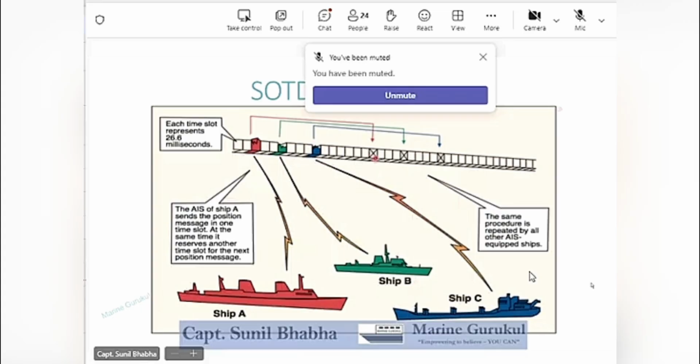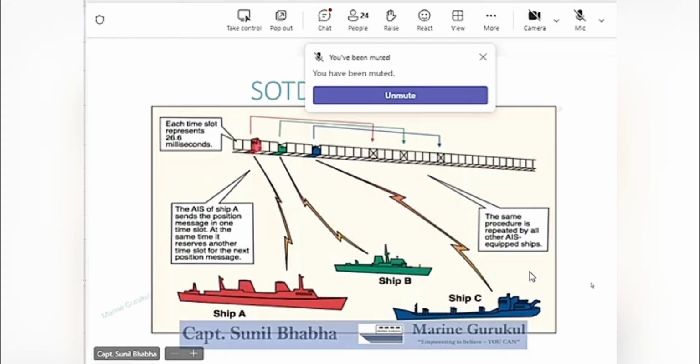Now this bar which you see on top basically represents the time slots made with the help of GPS time signals, which is being followed by ship A and ship B. So you see each time slot represents 26.6 milliseconds.